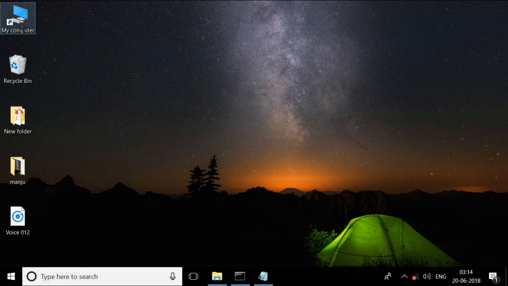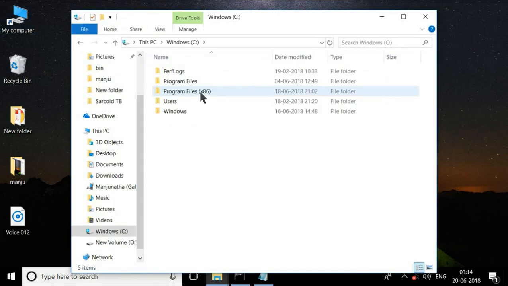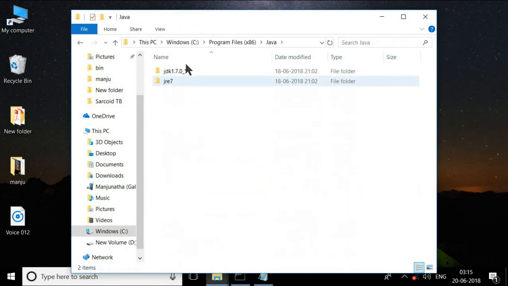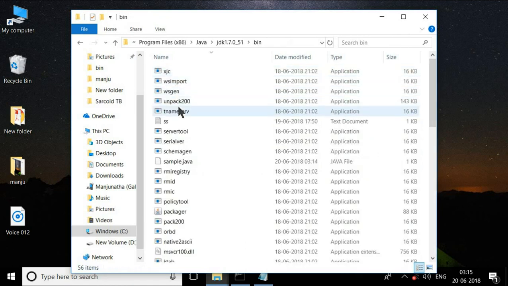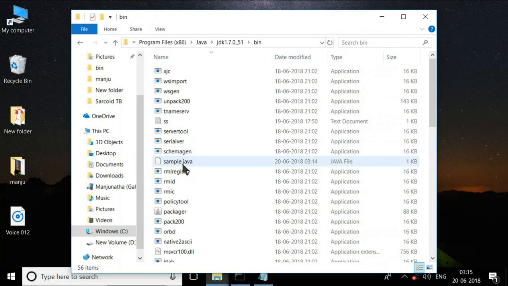Let me see. Go to my computer, C drive, program files, then Java JDK bin. The name of my program was sample.java. Here it is, that is sample.java. This sample.java is saved inside your bin folder.